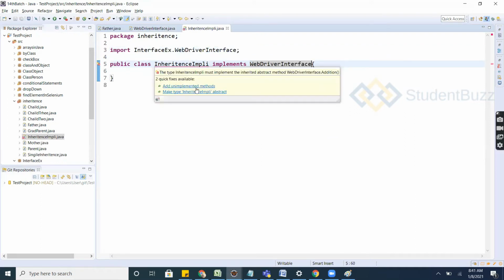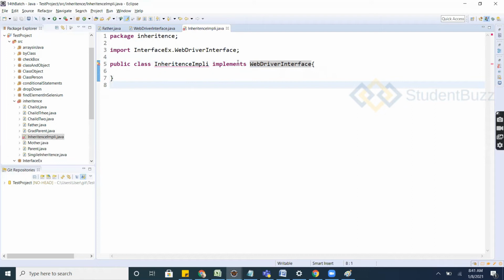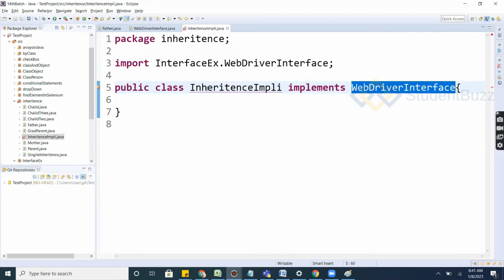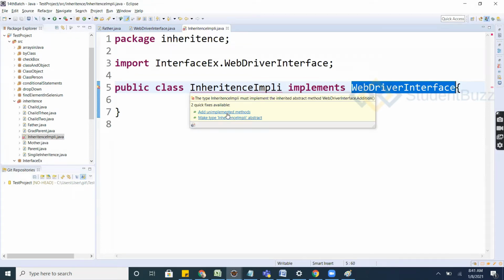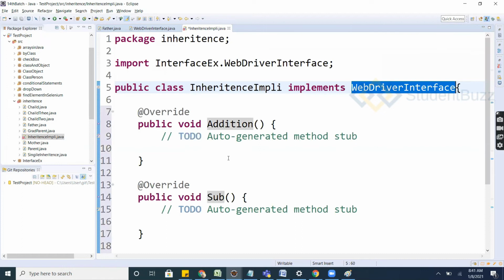When I implement this WebDriver interface, it throws an error: add unimplemented methods. Whatever methods we have not implemented from the interface, it forces us to implement. If you select this directly, all the methods will be added here.